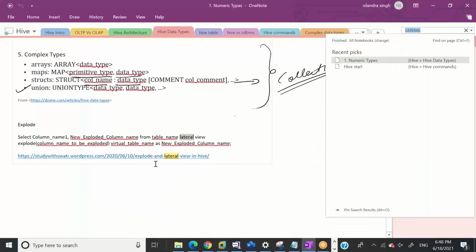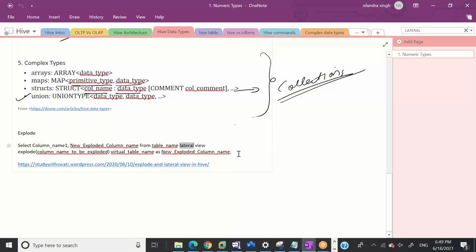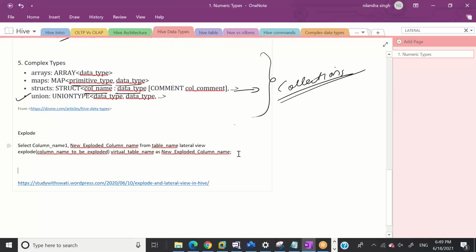So let's say we want to use the lateral view, and this is the most asked interview question in collections, right? So what are you going to do? Select ID, and then I need to give a new exploded column name. Let's say new_languages. I'll cover it in detail now. Let's say lang, and from